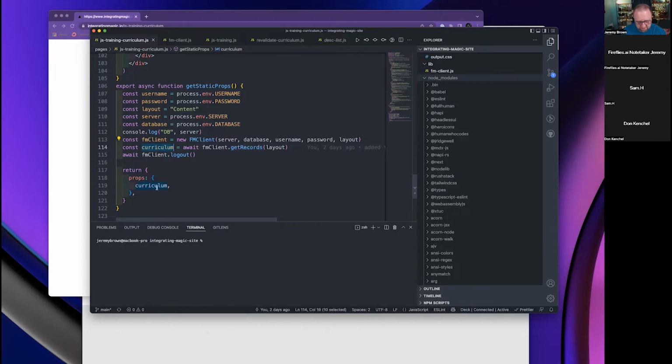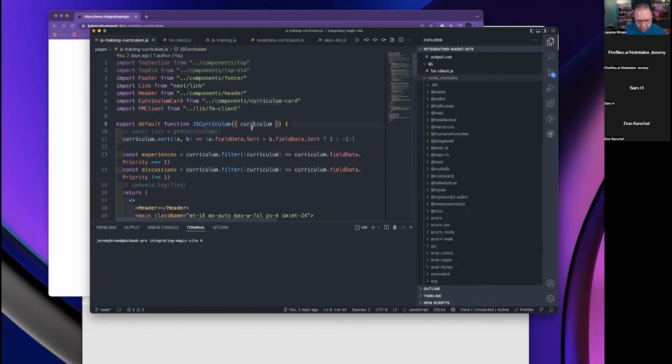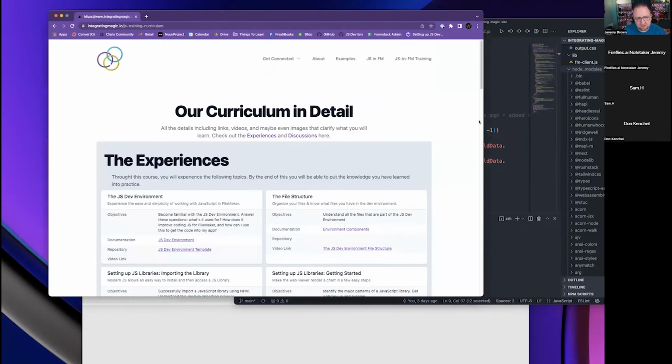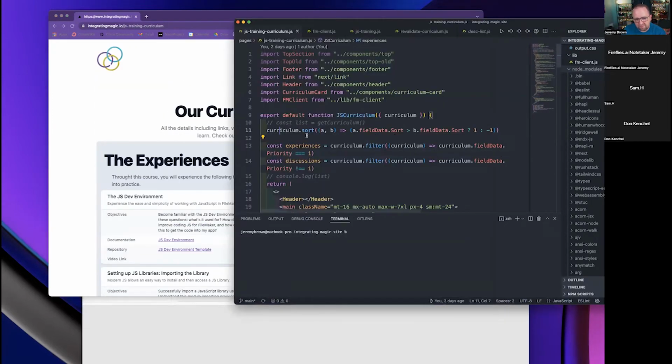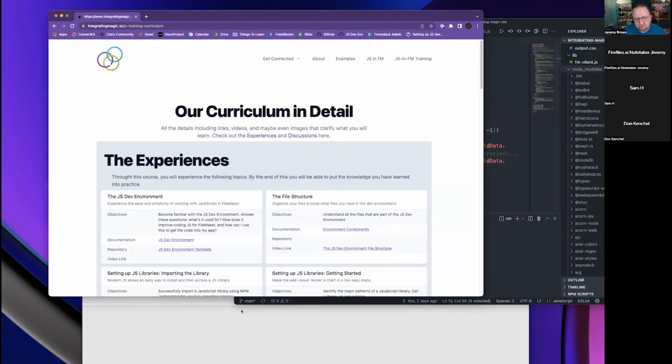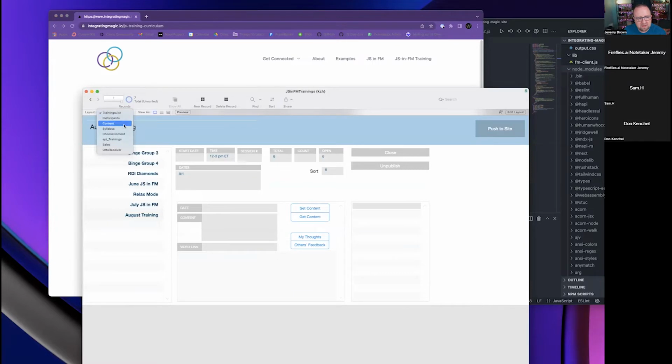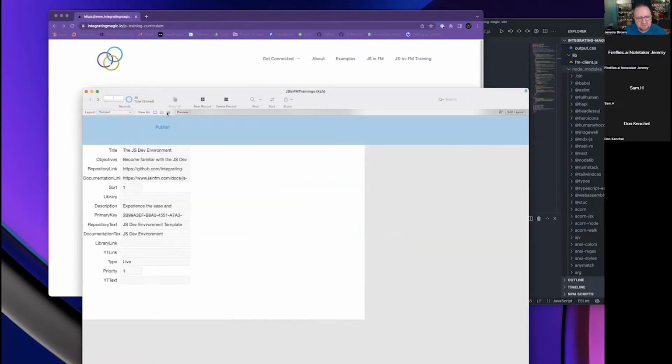It returns the records to this function, and then I pass it into this component, which is basically this whole page right here. I first do a sort on it because I want to sort by the sort field value. So that's what this little function does. Then I'm separating it out. I'm using a filter mechanism to take all of the curriculum and separate it out by priority. So anything that has a priority of 1 in the content,